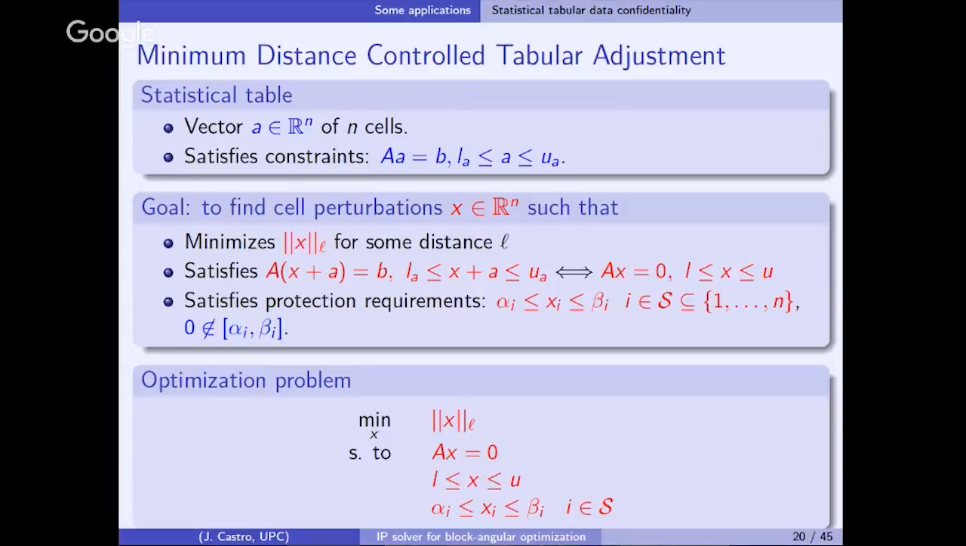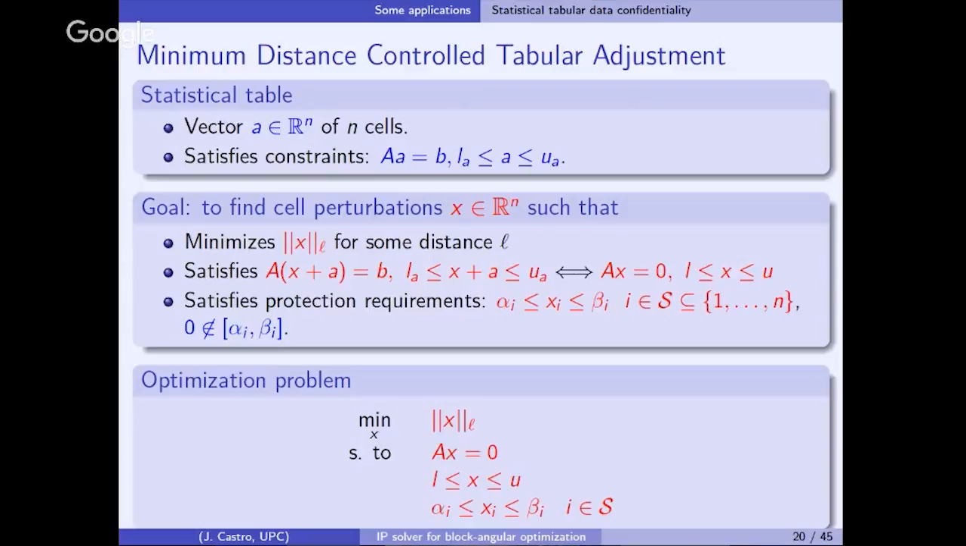So a statistical table is just a vector of cells that satisfies some linear equations. The linear equations mean that the sum by rows and the sum by columns are equal to the marginals. So if you perturb something, that means that you are adding some x, a perturbation vector, and you want that x plus a, the original data, the original numbers plus the perturbation, multiplied by A, which are the linear equations of the table, this has to be equal to the marginal values. So the idea is, which is the vector of minimum perturbations,